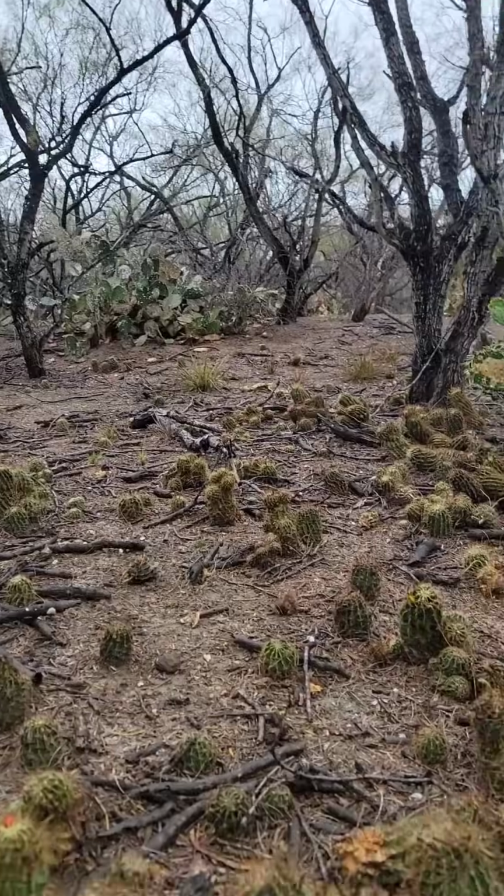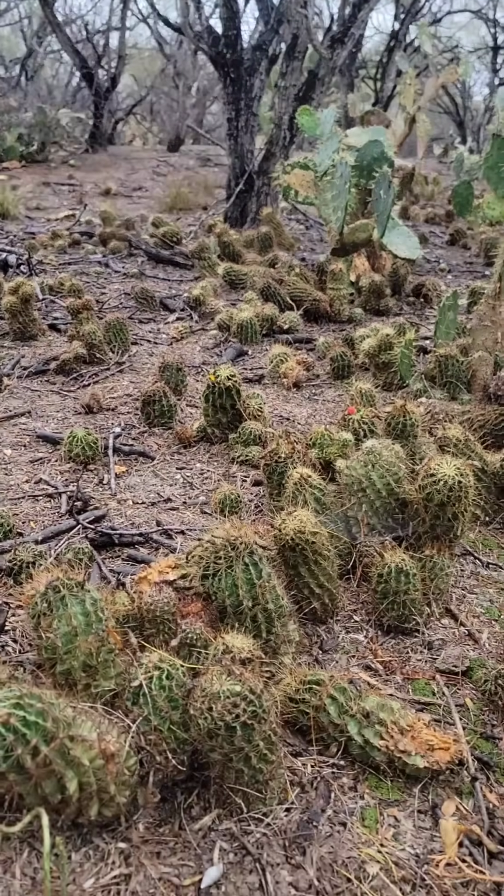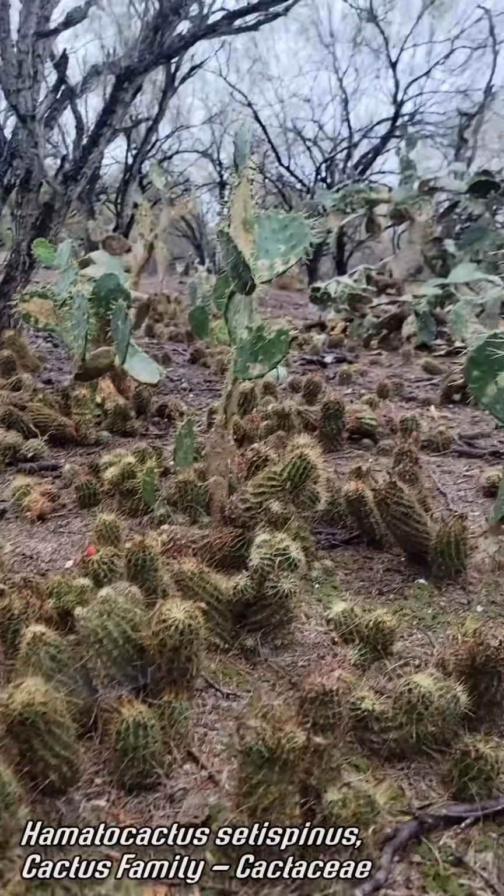I'm here in Mission, Texas, beautiful Hidalgo County, Texas, 2 miles from the Mexican border, an hour inland from the Gulf, to show you some of the coolest plant communities you'll find in the United States. But sadly, this one's at risk of being knocked out. The main cactus species you're looking at here is Cactus spinus, and this is what most of the area used